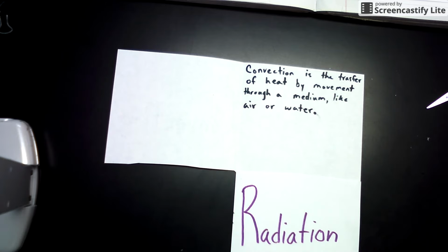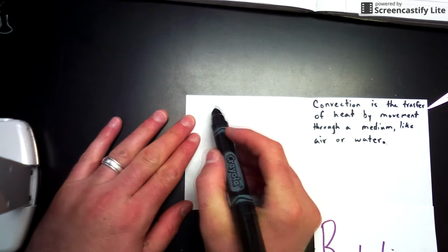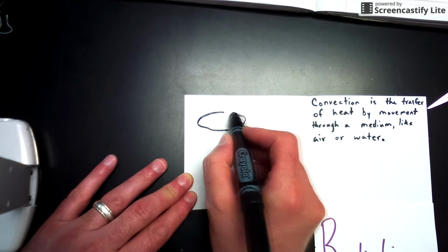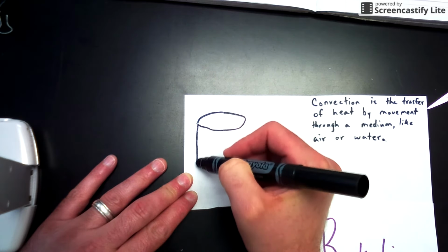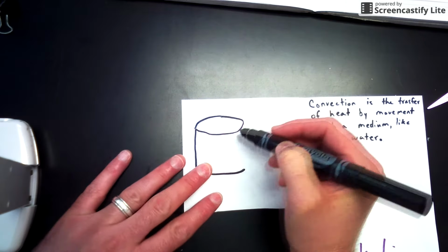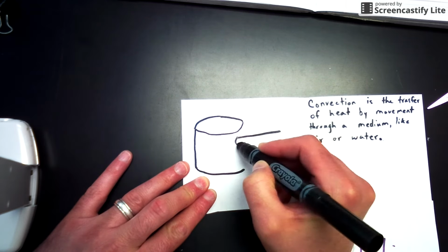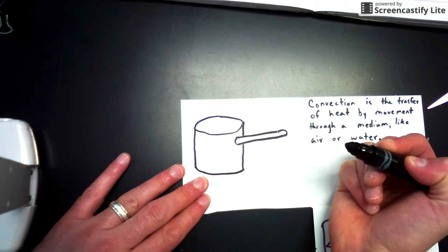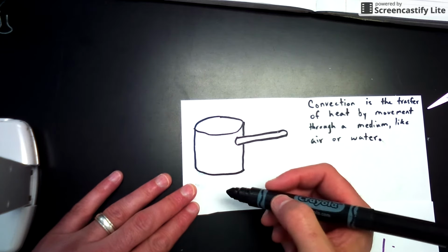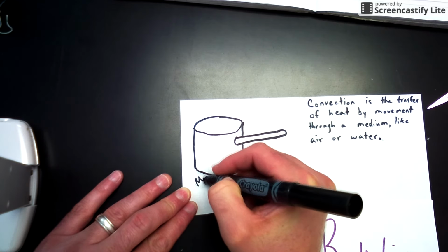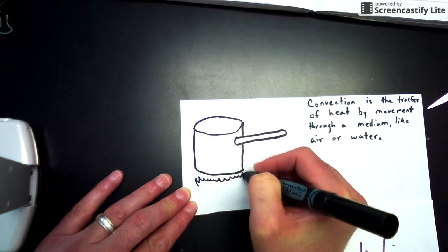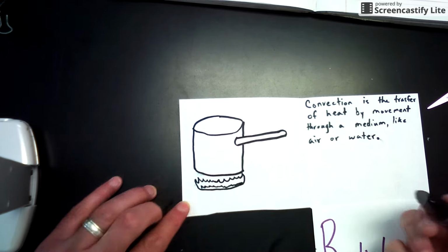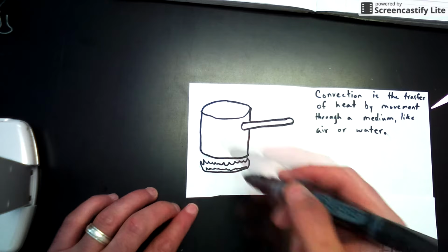Okay, now we're going to draw a picture and we'll talk about what happens. Let's draw a picture on this side. I'm going to draw probably the best pot that you've ever seen before. Yep, that's the top of it. Okay, I'm going to draw a handle on it. Gosh, this thing is turning out even better than I expected. So beautiful. Okay, so this is a pot right here. And then you put it on the stove. And there's like these little flames. I know. You guys are shocked. You didn't know I could draw so well, huh? Beautiful flames underneath there. And then this pot's going to have